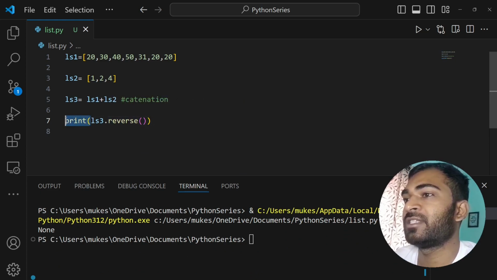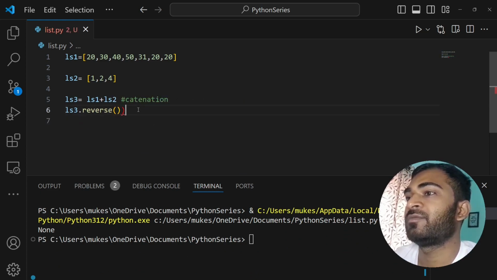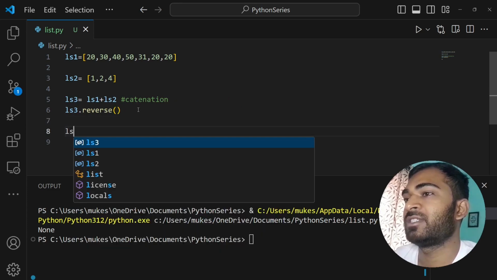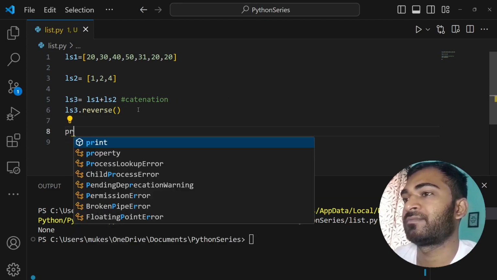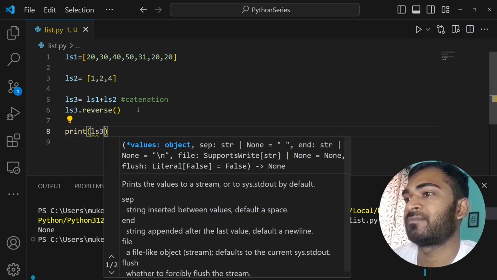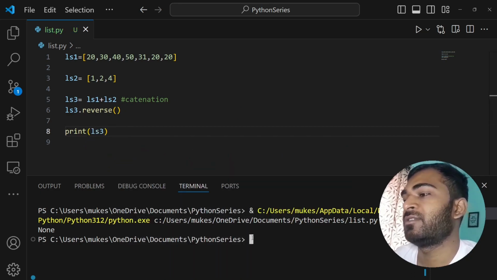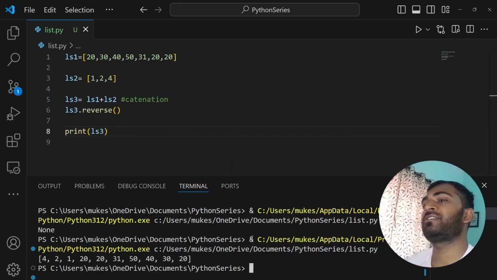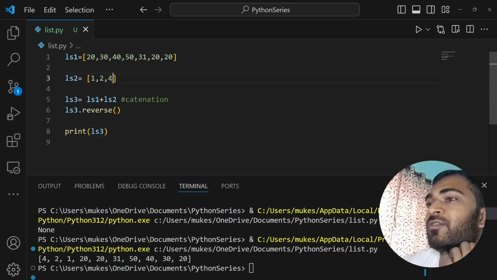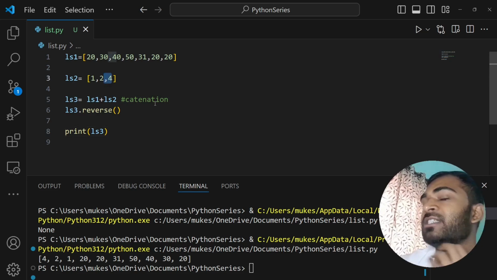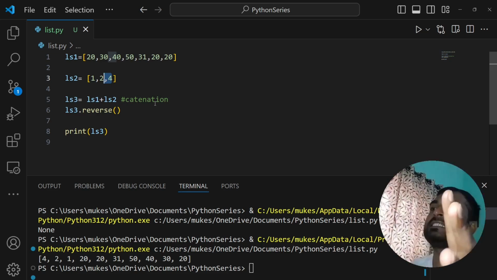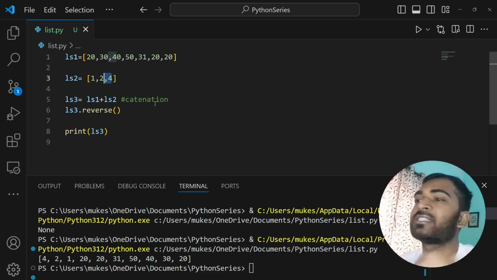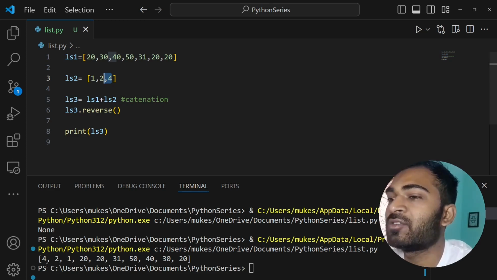Then you print it, and you can see the list got reversed. You have 4, 3, 2, 1, 20, 20, 31, 34, because list three is getting reversed, and so you're getting this as output.